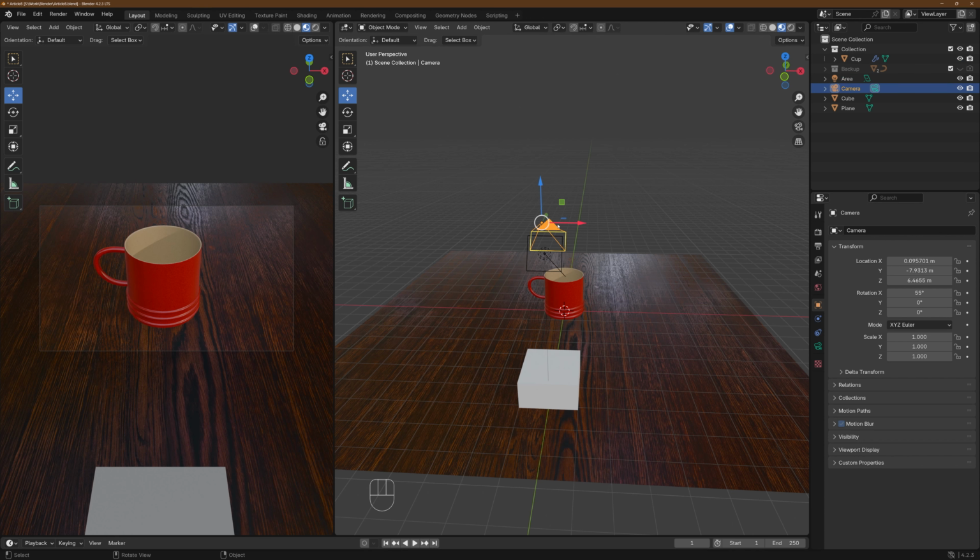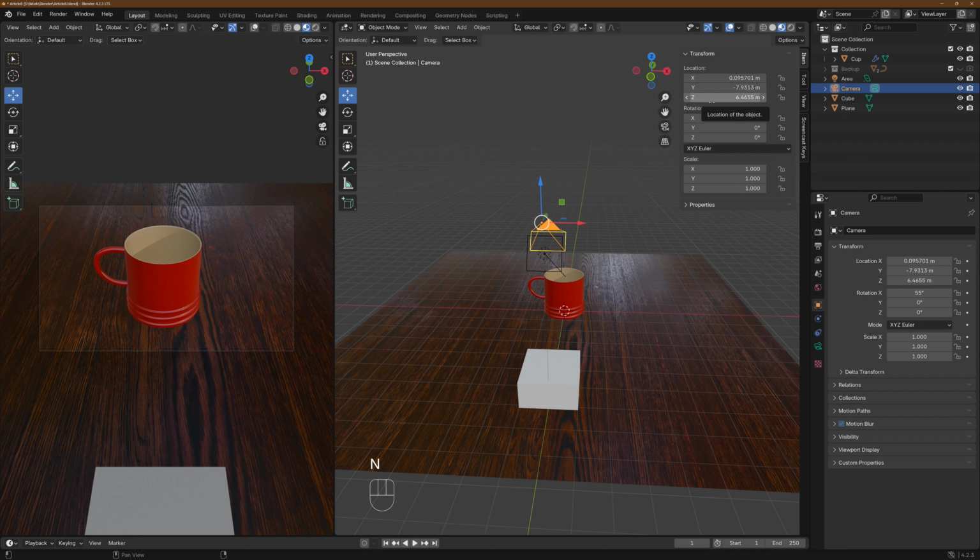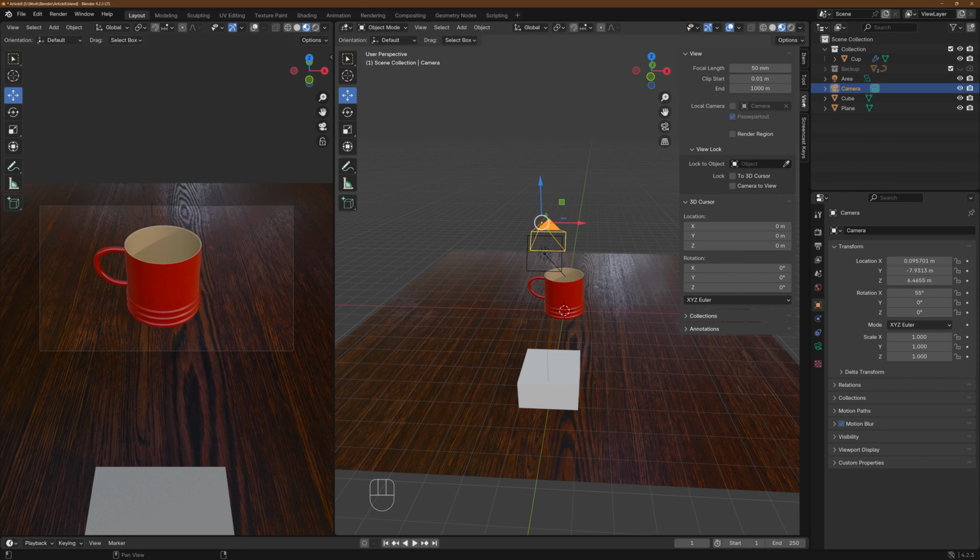So if you just left click on your camera and press N, that just means your navigation or your sidebar, basically your sidebar settings. So when you press N, you have the sidebar come up. You go to view and then you go to camera to view. So what this is going to do is when I press 0 on my keyboard,